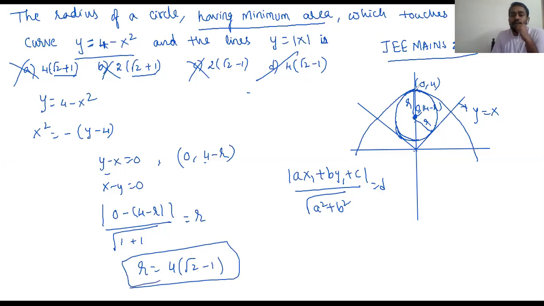That's the solution. Why are they asking only for minimum area? Because there are two circles possible. The other circle that is possible is this one. See, I can draw another, a big circle like this. So that's why there is a bigger circle, and that is also correct, but they want the minimum area. So only this circle, whose radius is very close to 2. Because 0.414 into 4 is 1.6 something, which is very close to 2, which is the correct answer. So this is the answer, which is a JEE 2017 problem.